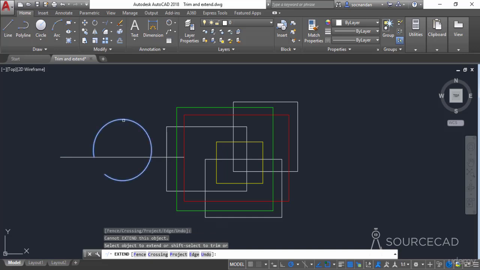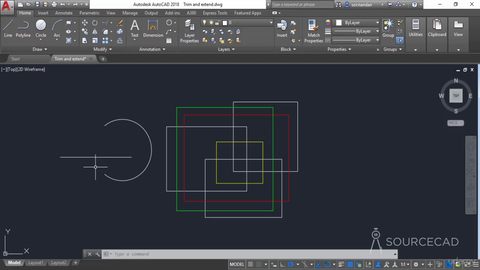If you select on this arc, it will also extend to the next boundary, but if you click on it now, there will not be any change because it cannot extend and it cannot make a complete circle. Now let's press escape and Control Z once again. Now let's say that in this case also we want to select a particular boundary for the extend tool. We can do that. So I'll select the extend tool again, and now I'll select this yellow boundary and press